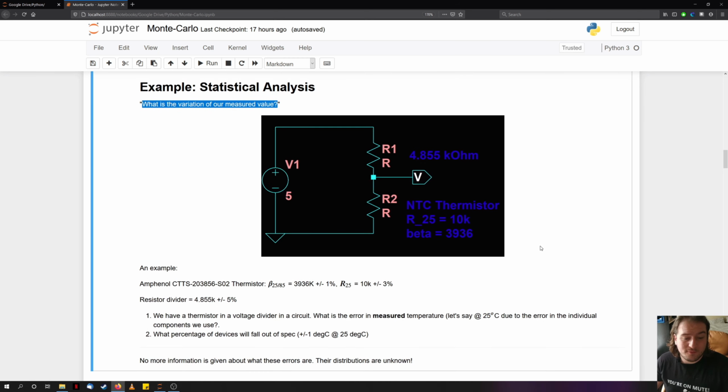Now the problem with this is that obviously we can measure voltage. Let's pretend we can measure the voltage perfectly. So measuring voltage to high accuracy is actually no problem. But the problem is that there is variation associated with this resistor here and the NTC itself. So even though it says it's 10 kilo ohm at 25 degrees Celsius, there will be some variation in the